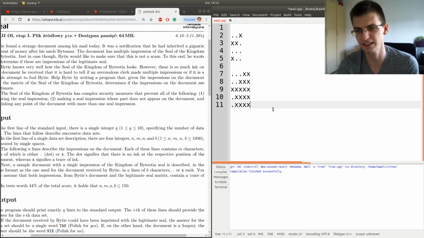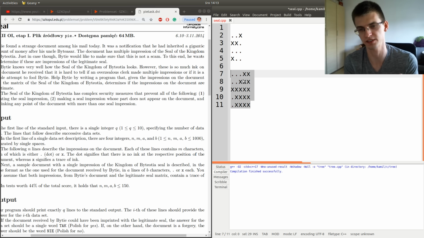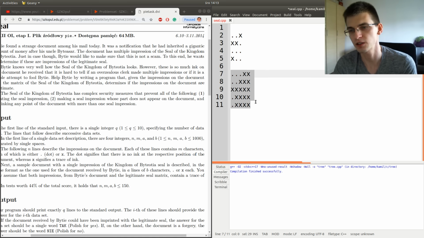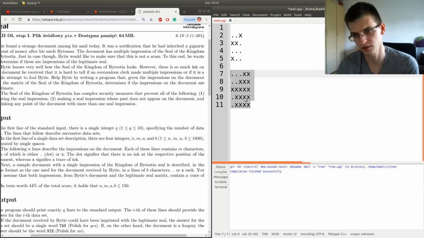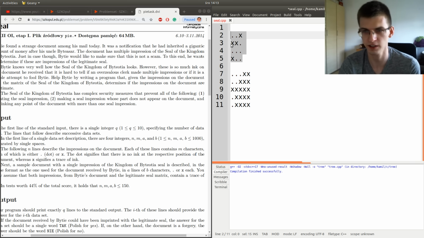So the size of one matrix is up to 1000 squared, so 1 million, which is fine. But we want to get exactly that complexity, not something bigger. So it isn't correct to every time scan the whole matrix to find the leftmost piece, then scan this pattern, find the leftmost piece, and put it, because we could do that many times.